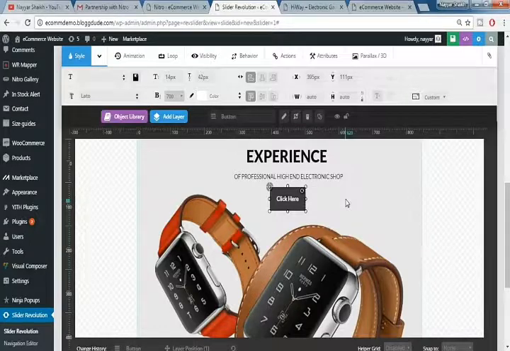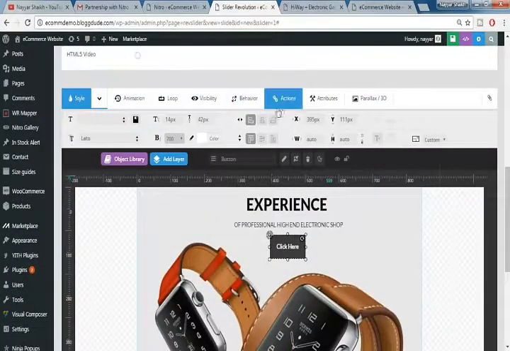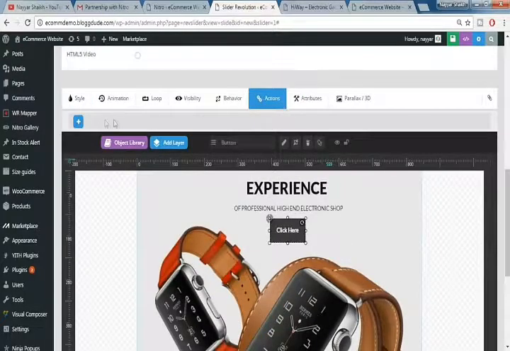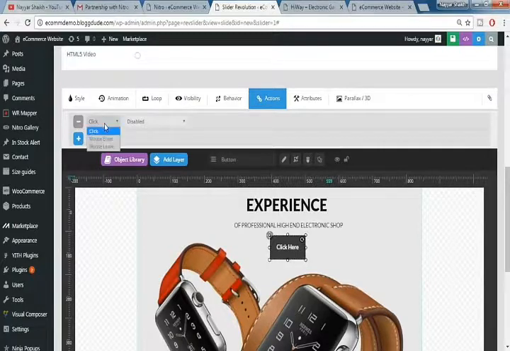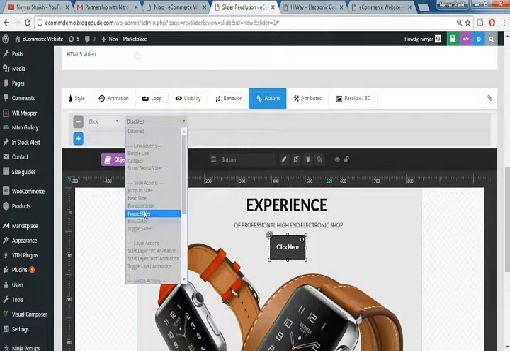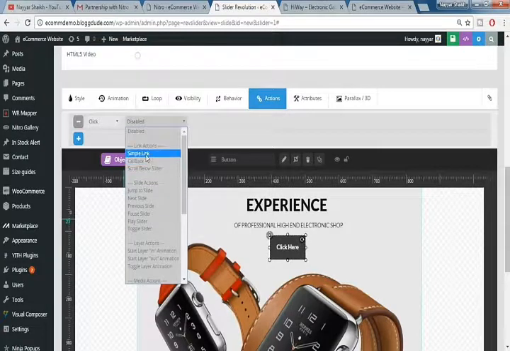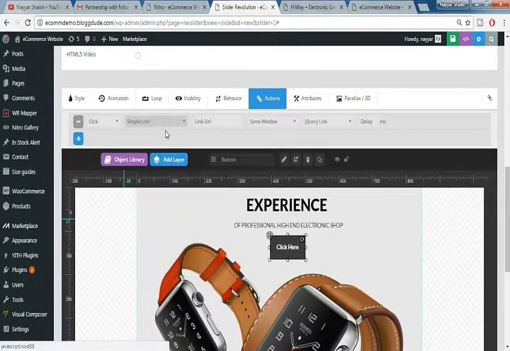Now we can also redirect this button to some page if you want. From here we have to select the action button and click on this plus button, and on click, as you can see, it is disabled. From here you can select anything you want, what you want to do when someone clicks on this button. Suppose you want to link this to some different page, so select simple link and you can put in that